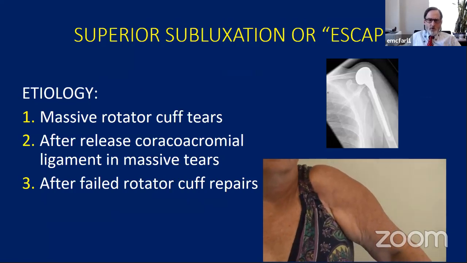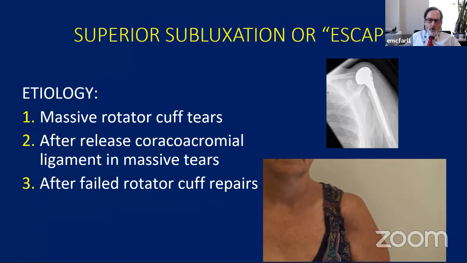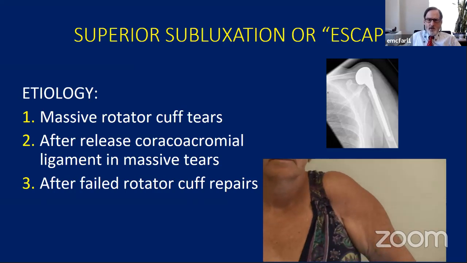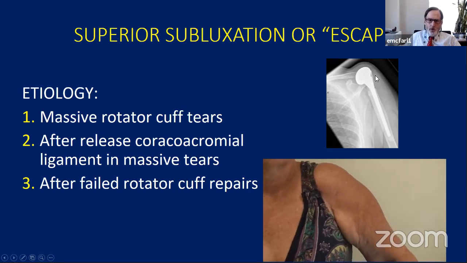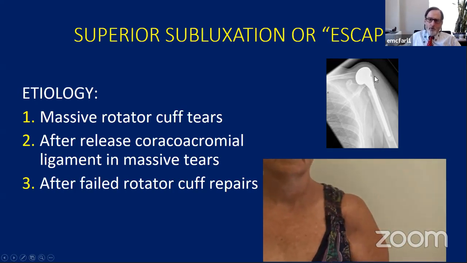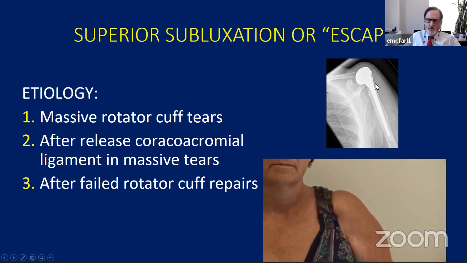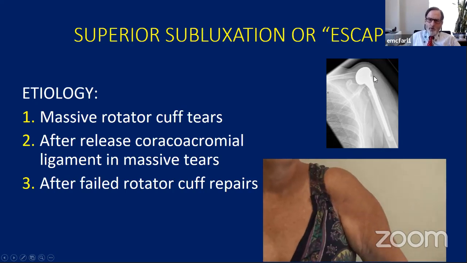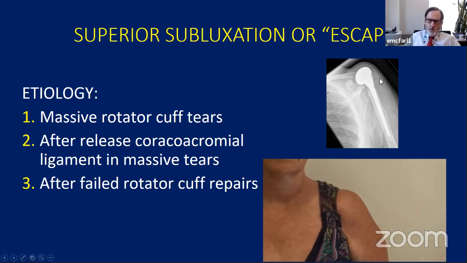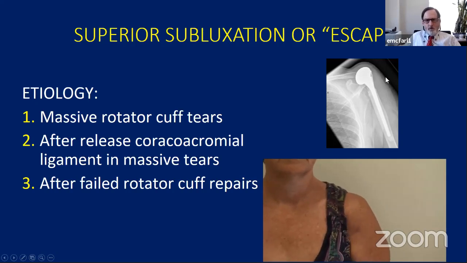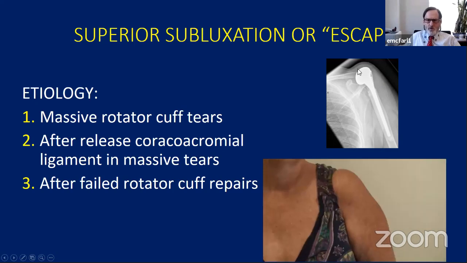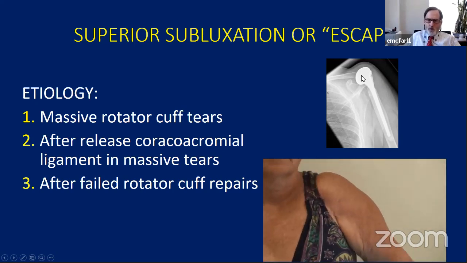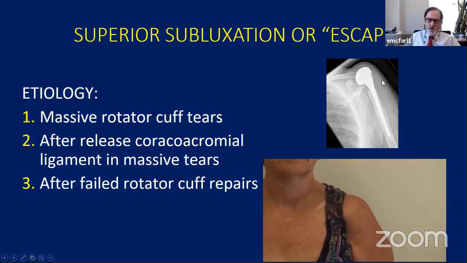One of the major causes of dissatisfaction with a hemiarthroplasty for a fracture is that they get superior subluxation or escape. So you can see here the tuberosities essentially are gone. And it's really important when you do fracture work, if you're going to put a hemi in, that you save the tuberosities. For a while, people, for some reason, were excising the bone and sewing the tendons down. I think bone to bone healing is much better. You also tend to see this sometimes in people who have massive rotator cuff tears, they get this superior subluxation like this, which is somewhat of an extreme example.